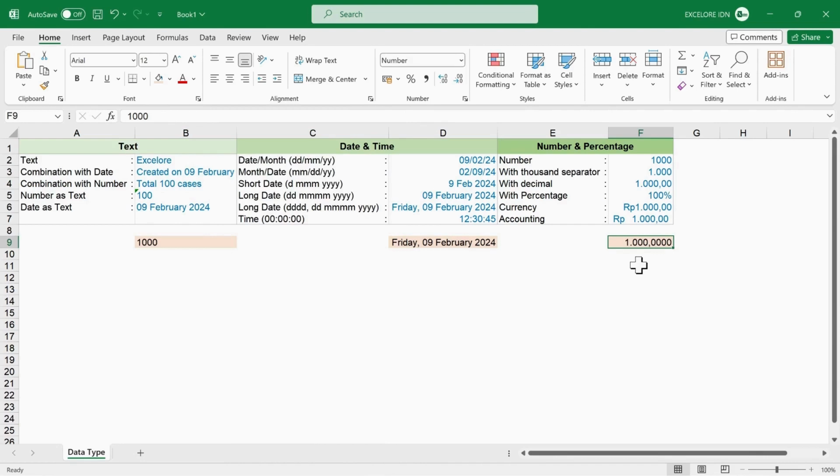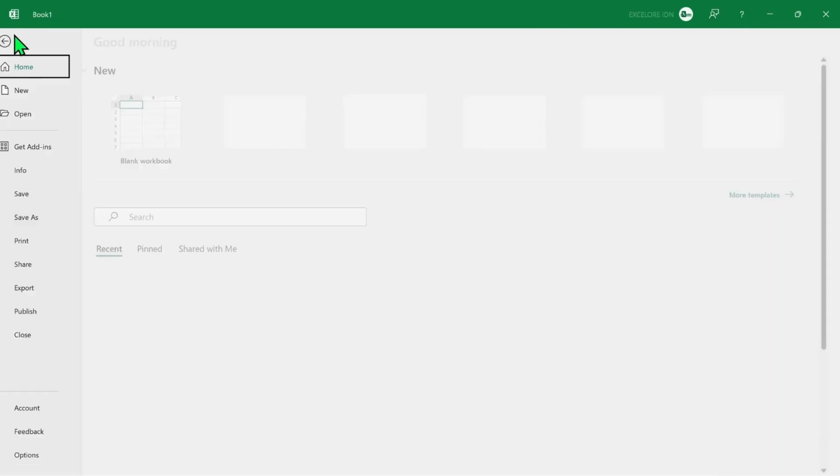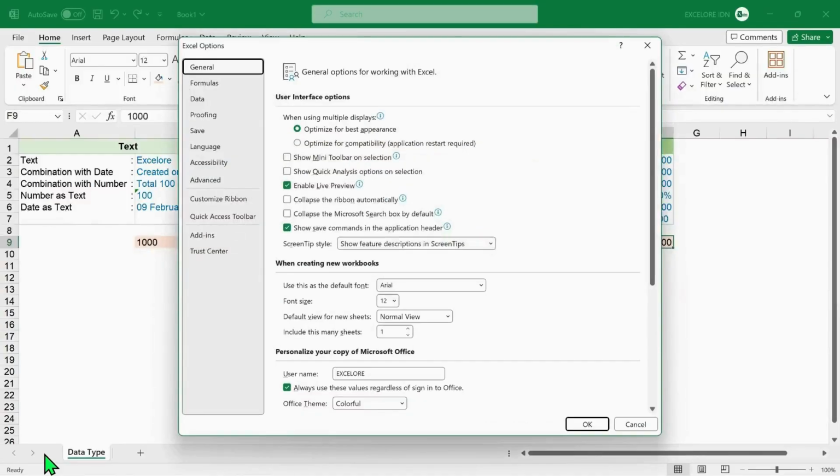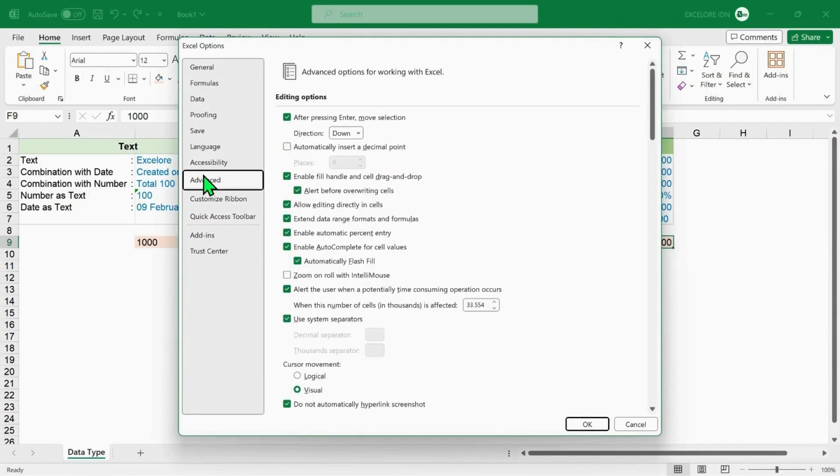In this example, I have utilized the thousand separator symbol with a dot and decimal with a comma, following my previously set Windows settings. However, in some countries, the convention is the opposite, using commas for thousands and dots for decimals. We can modify these settings in Excel by accessing the Options menu through the File tab, selecting Advanced Options, and choosing the Use System Separators option to adhere to the initial Windows settings. Alternatively, if we do not select this option, we have the flexibility to modify the thousands and decimal separator symbols.